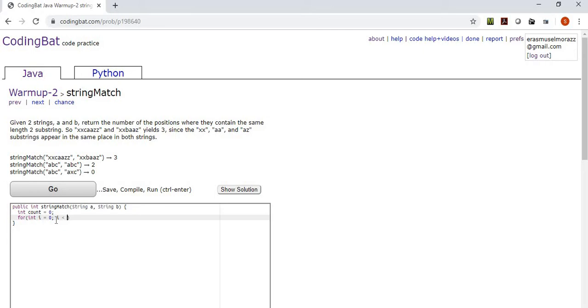And okay, these are the same length. Oh, I'm sorry, the strings may or may not be the same length. It doesn't specify. Contain the same length 2 substrings. So let's go ahead and call that int length, or we'll just call it end. Use end. End equals